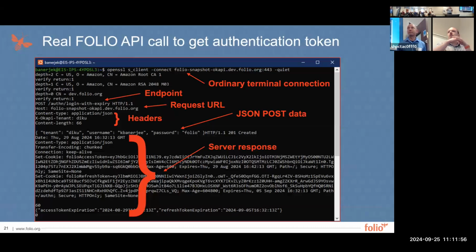You can create a client that you can use and manage, but if you just switch out how you're specifying your authentication token header to use the headers, the copy headers object on the FOLIO client object,